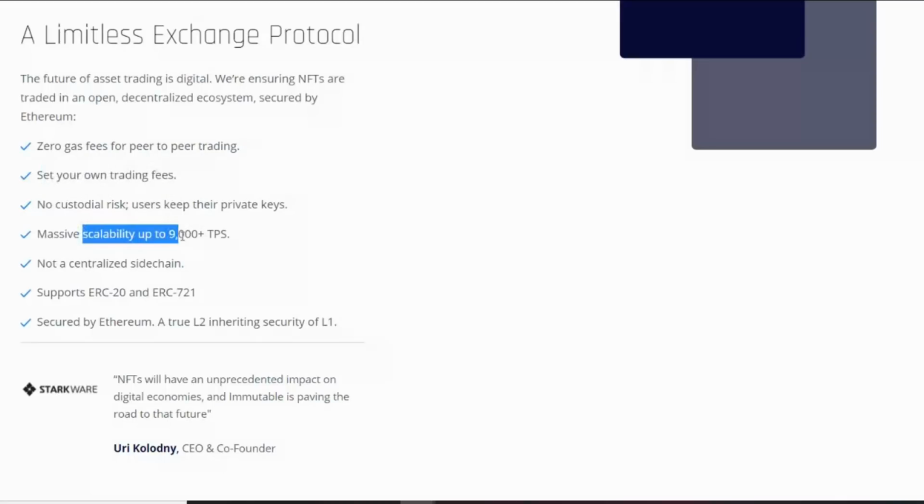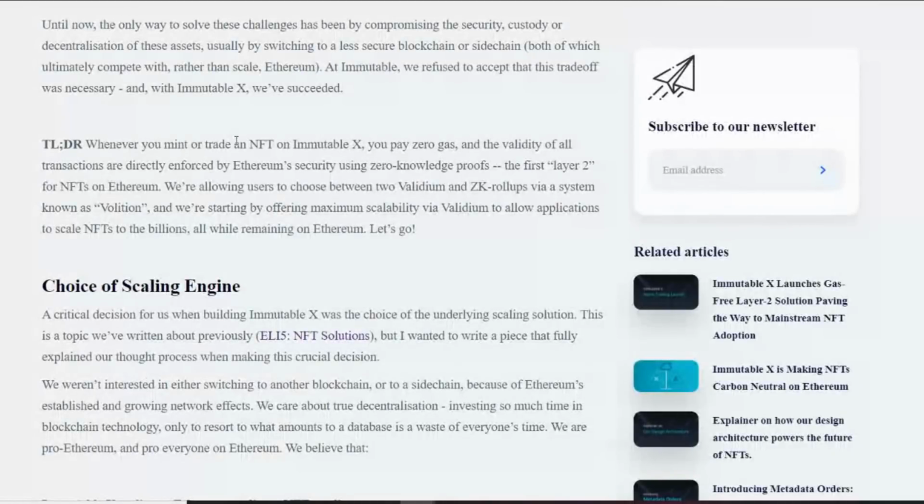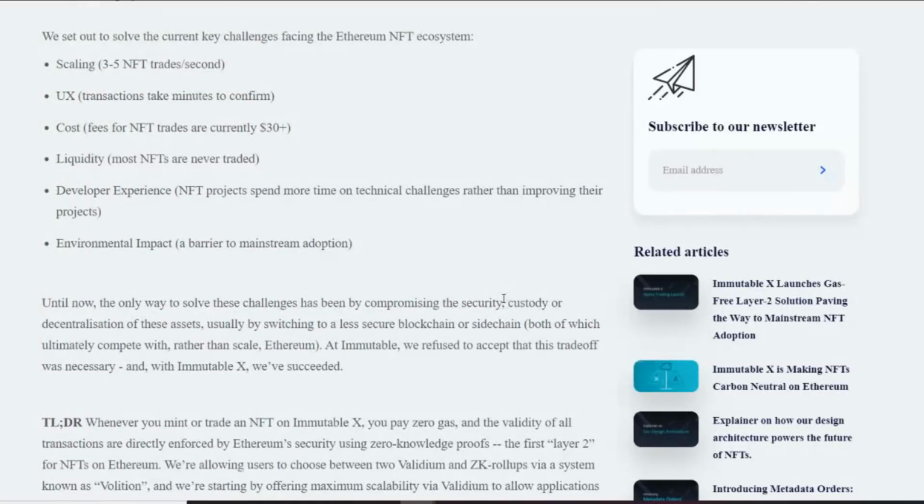The main issue was scalability. We know that with a million users on the VeVe app, we are going to need scalability if there are people trading peer to peer as well as on the secondary market, and then it causes another issue if you have people buying NFTs from VeVe directly. All of that mixed together, you're going to have some issues if you don't scale up accordingly. And we know that there is security within Ethereum because it is a layer 2 solution. So I'll touch a little bit on that as well, but really, the whole concept is Immutable X.